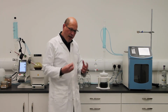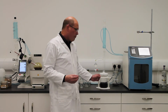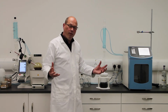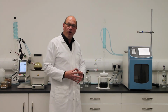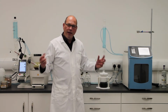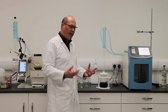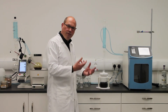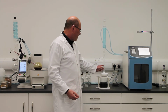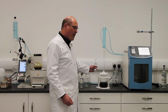So what the microwaves do, and any fresh plant material contains water within the cells, and the microwaves excite those water molecules, making them hot. They burst out of the cells, bringing with them all the beautiful essential oils that are contained within the cells. The water continues to heat up, creates a vapour, and that vapour creates an effect which is hydrodistillation, so steam distillation. You just think of it really as the water molecules driving off the volatile oils that are in the juniper berries. So the vapour of water and oils comes up here, is condensed and runs down into this part